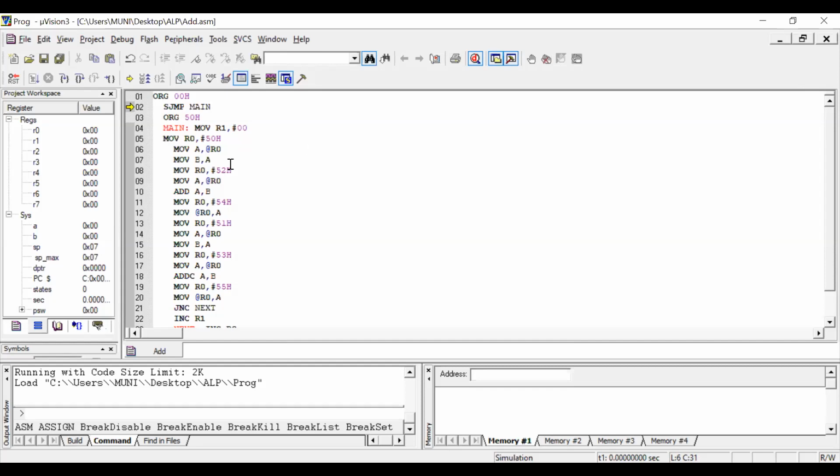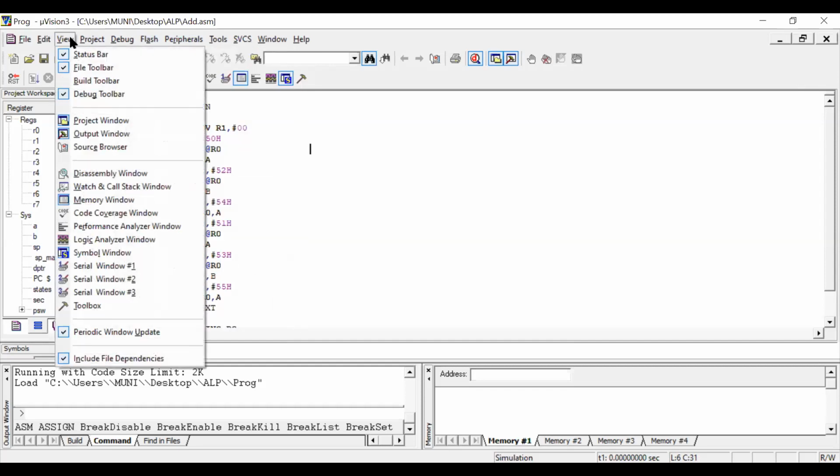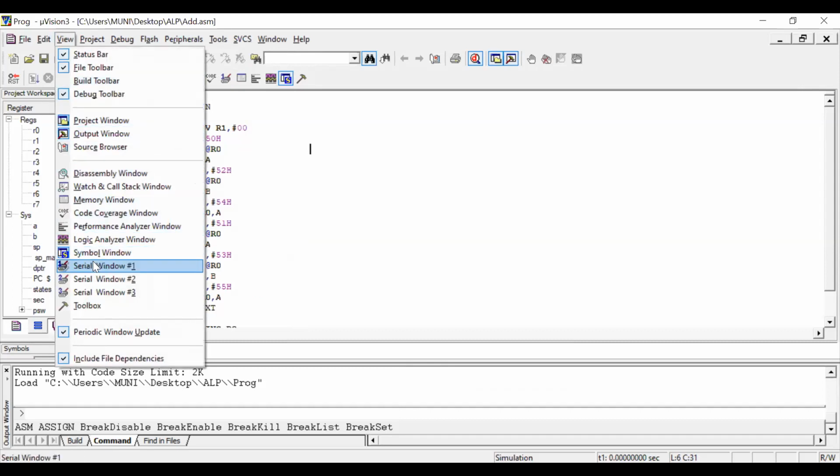The first step is to load input values. For that, go to view, select memory window.